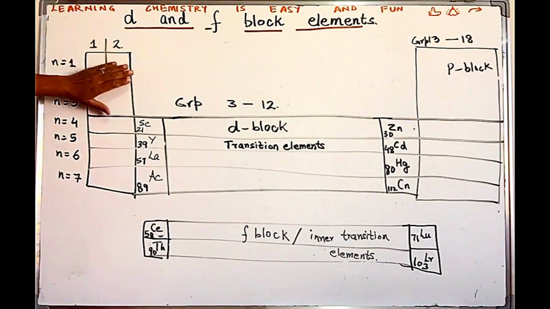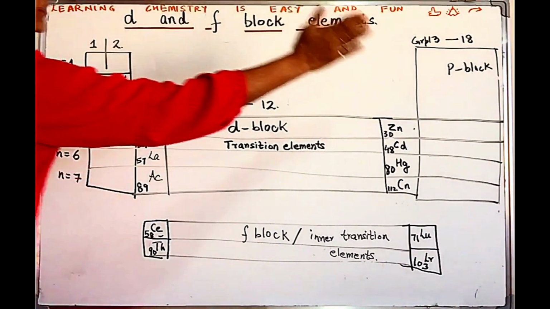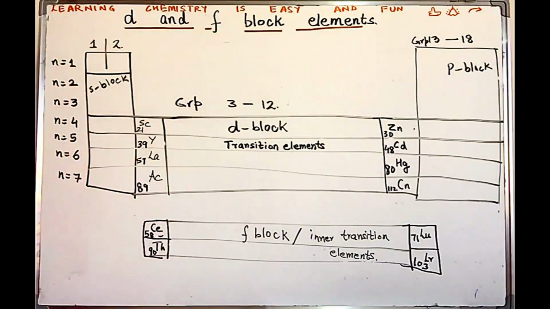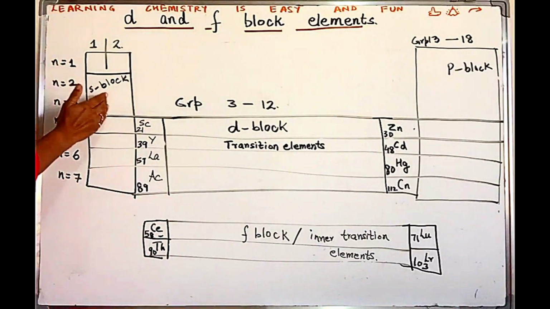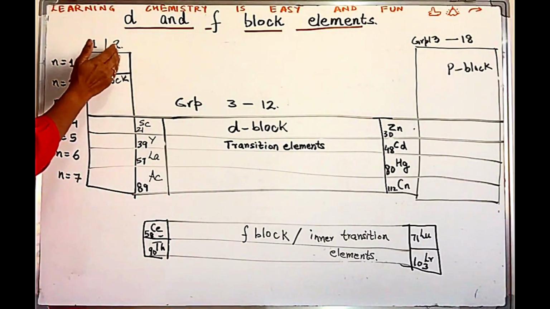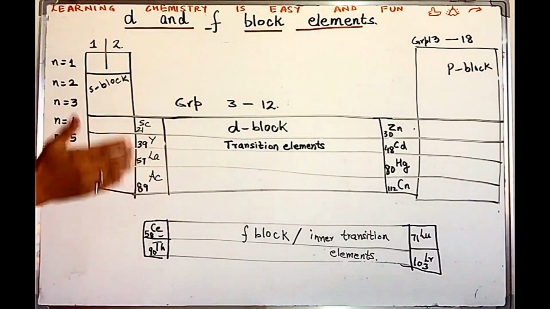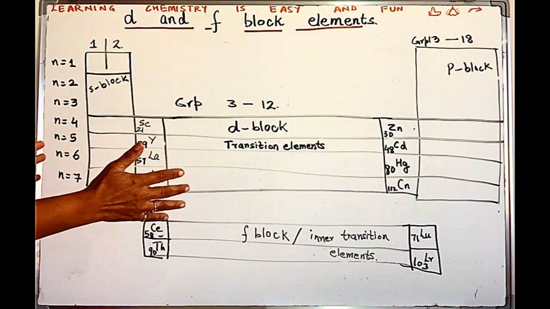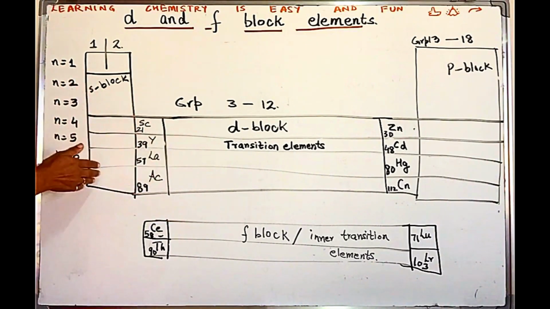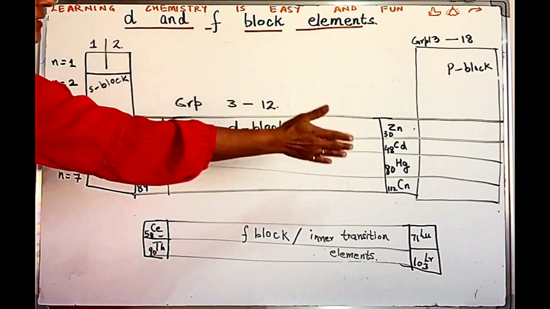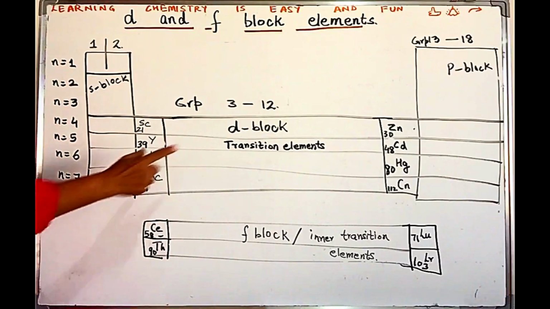So we've got the S block elements. We've got the P block elements on the extreme right. The S block elements are group 1 and 2. The P block, group 13 to 18. The D block elements are sandwiched in between the S and the P block elements, and that is why they